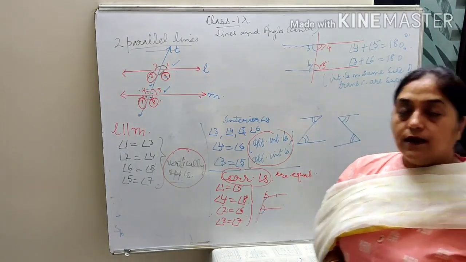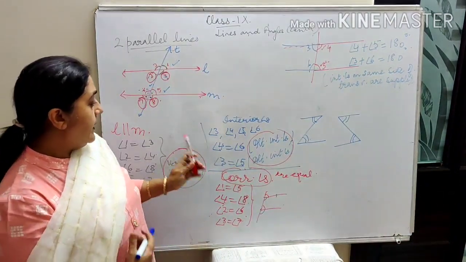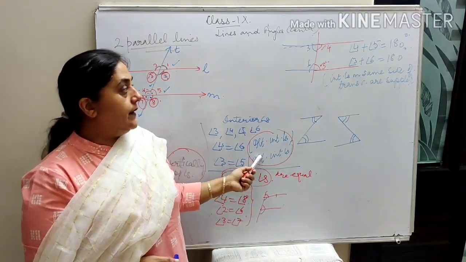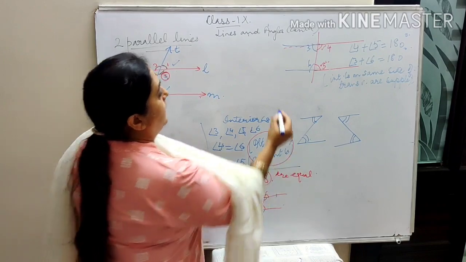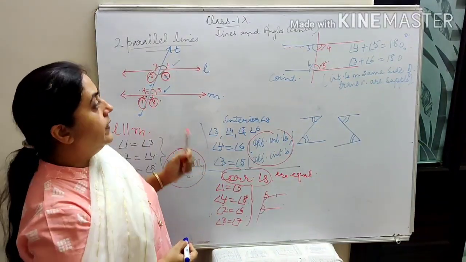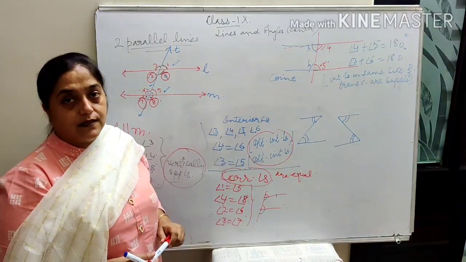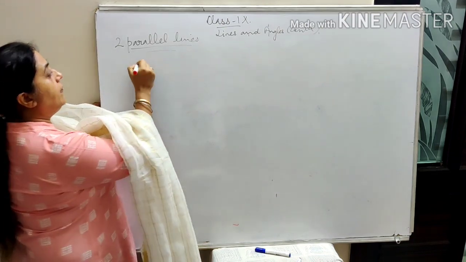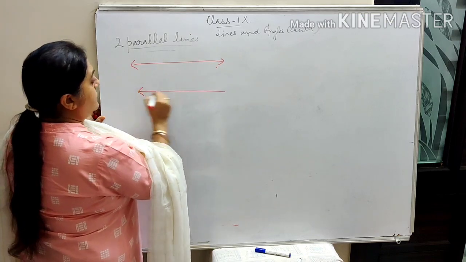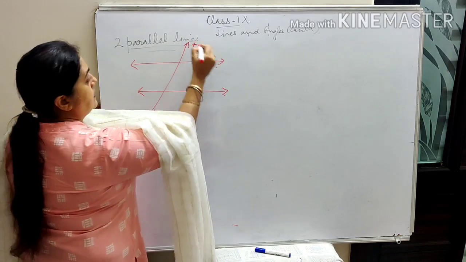So this is about 2 parallel lines. कितने angles बनेंगे? Corresponding, interior. Interior में भी 2 types हैं, alternate interior, co-interior. इसको हम co-interior भी बोलते हैं. Got it? And vertically opposite angles, that also we have discussed. So again, when I have 2 parallel lines, I am putting 2 arrows here that shows कि these can be extended in both the ways and are transversal.